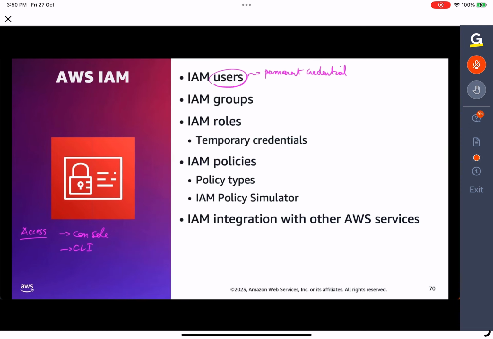And then the third way to access it is via the SDK, the Software Development Kit, which really means that I can make those API calls, those interactions with my services, through my code. So permanent credentials for either